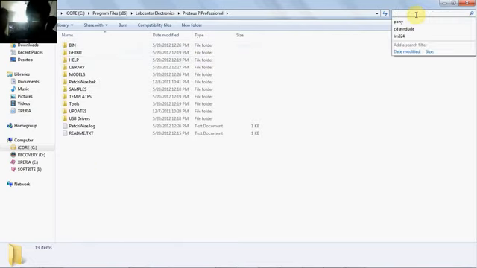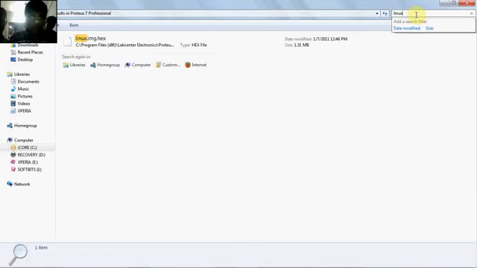Okay, so I will open this design and show you how powerful Proteus is.